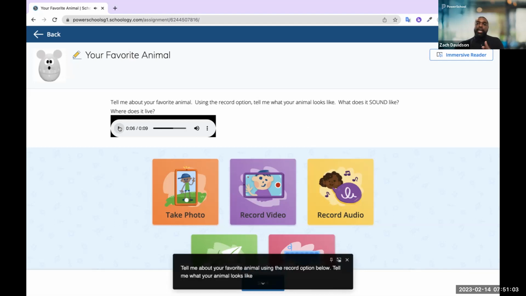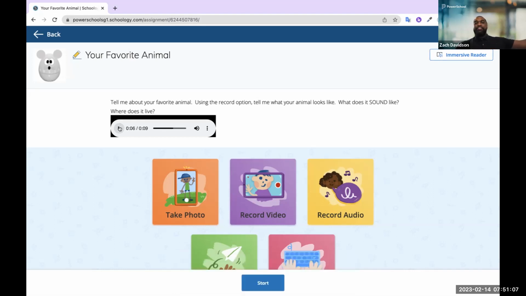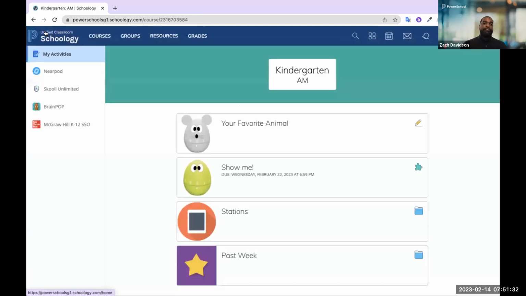So we can think about, again, how we can use these tools. We showed earlier the Spanish teacher in that secondary environment using the audio prompt to engage students. Well, we can use the same feature, the same experience, even at the kindergarten level when we're engaging those students as well. And then again, these large icons, allowing them to take photos or pictures. Once again, I can do this all from a browser, but I can also do it directly from my iPhone or my iPad as well. So we can engage learners from any device, any browser experience.